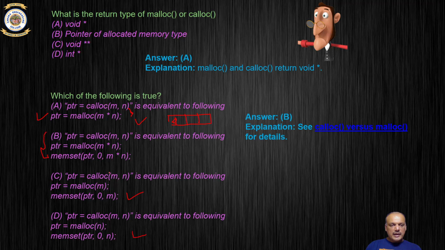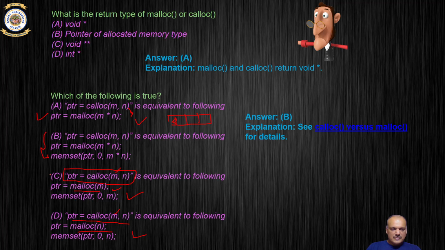These two basically allocate two different numbers of memory spaces. This will allocate a different memory space, or of different length. This will allocate m into n memory spaces. This will allocate only m memory spaces. So that's the difference. Same thing out here. This will allocate m into n memory spaces. Okay, sorry, this will allocate m memory spaces. This will allocate m memory spaces. Okay, this will allocate only n memory spaces. So that is of size n, whereas this allocates just m memory spaces, n bytes.